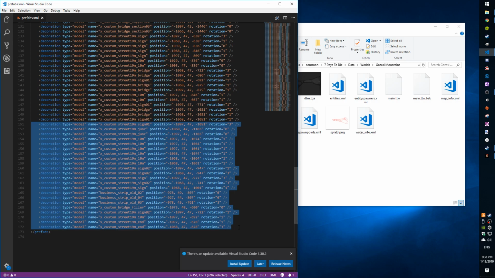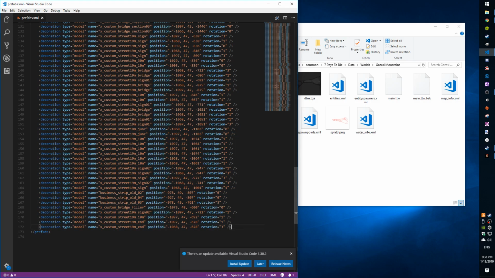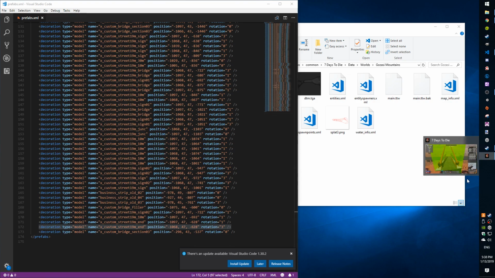Now if I just highlight this bottom row here, just for reference, and I'll leave that highlighted. Now I'm going back into the game. I'm going to press escape, and now I'm going to press save. And you can see straight away Xcustom Bridge section 03 is being added to the bottom. Now that's a permanent addition to the map. I can, if I come back onto the desktop and go back into game,